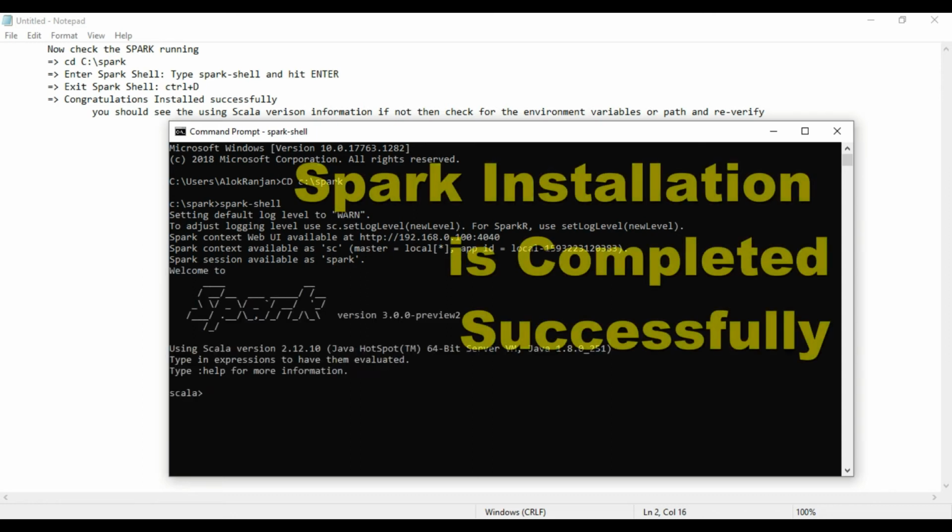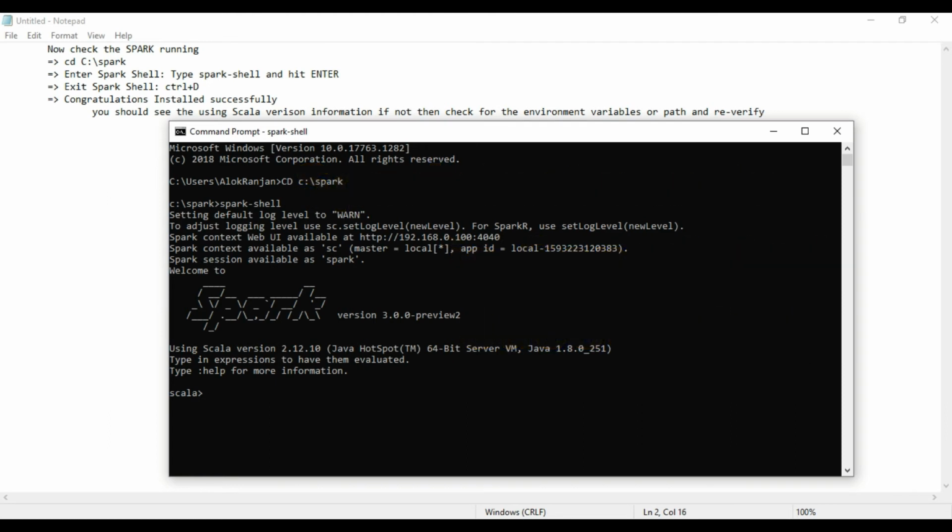Many congratulations to all. Spark is installed and you can see the cursor is blinking next to the Scala prompt.